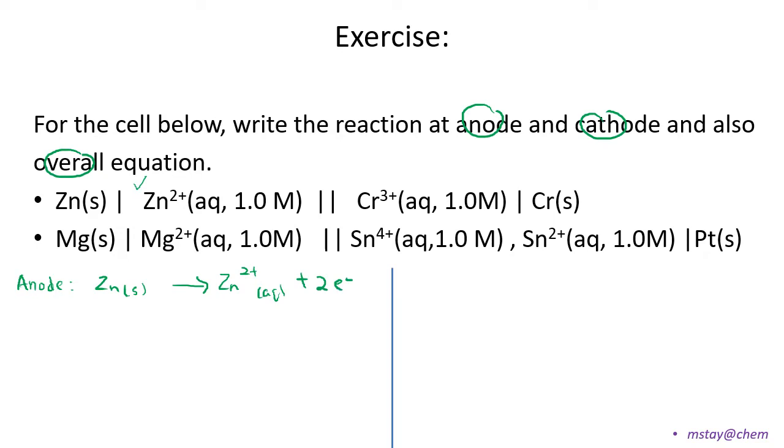While for the cathode, it will be Cr3+ aqueous gaining 3 electrons